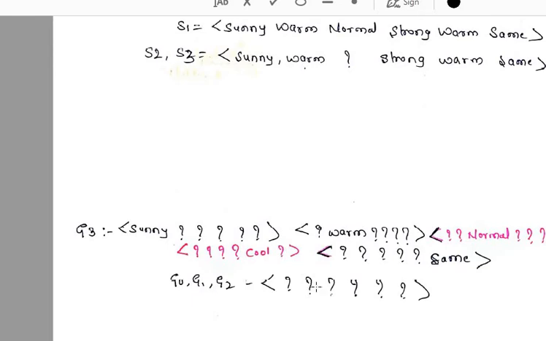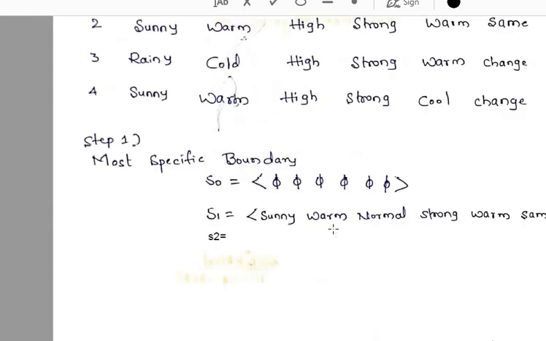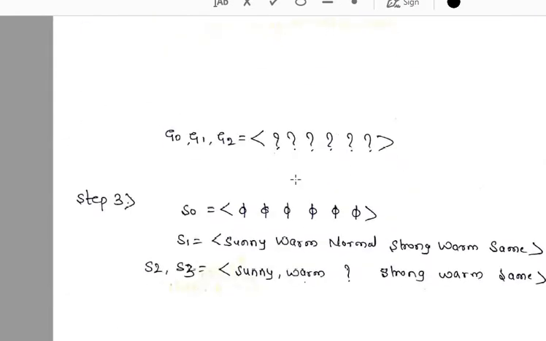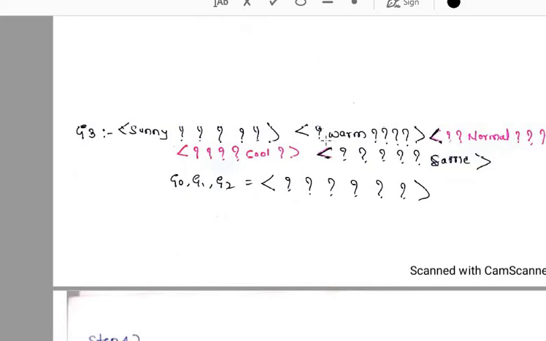Now take the second value, the second attribute, this question mark. What is the second attribute value? As you can see, the second attribute value is cold. For cold it is classifying negatively, that means for which value will it classify positively? Definitely the opposite of cold, that is warm. For warm it will classify positively, right? So hence I will replace that question mark by warm. Next, other attributes are question mark, right? So the first one is question mark, next one is warm, other 4 are question mark.